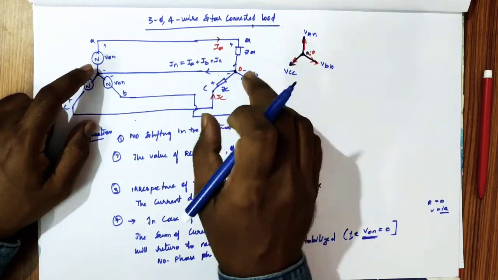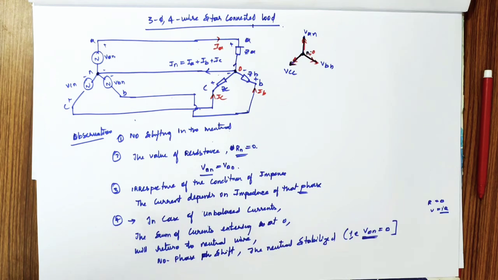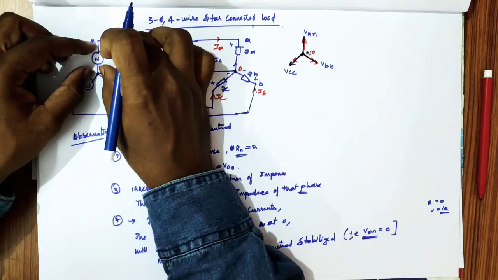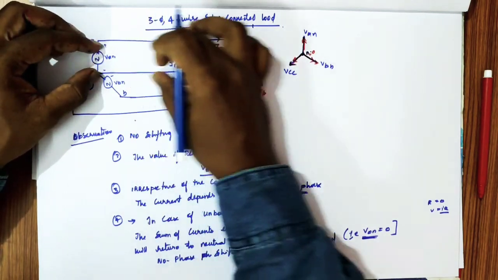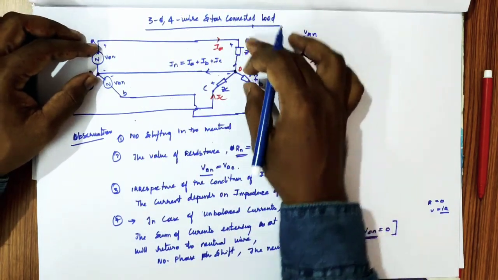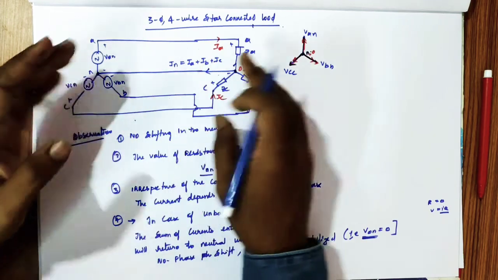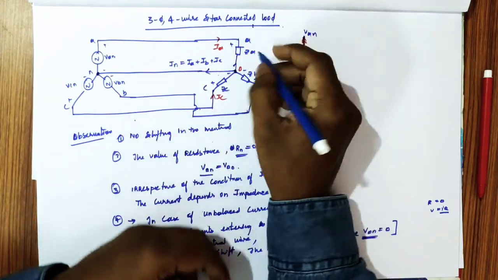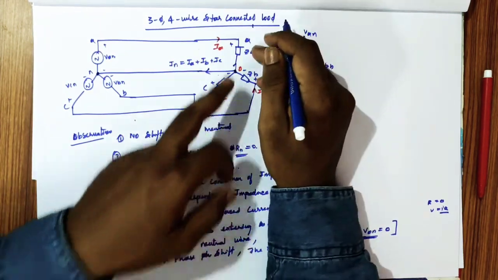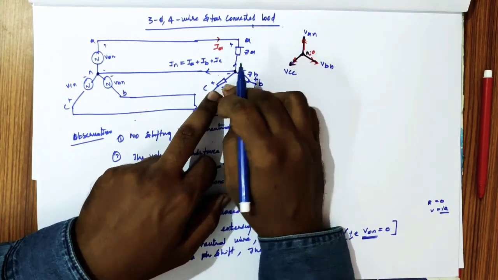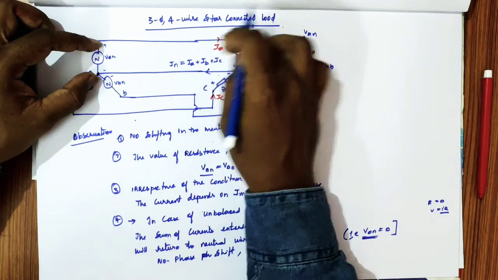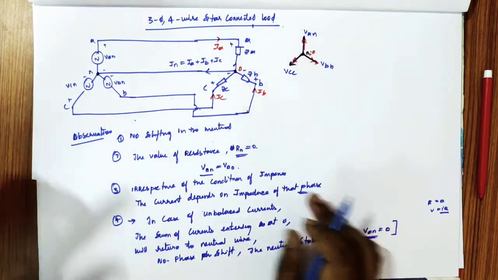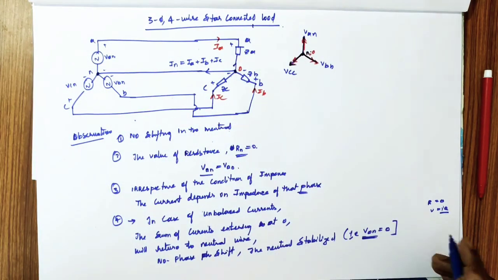This is the concept we use in our households. Your household supply is 440 volts line voltage, so we obtain a phase voltage of 220 volts, and with a stabilized neutral, we have a constant supply of voltage whatever loads you use. This is one household, this is one household, this is one household. Irrespective of the loads you use, since the phase voltages are equal, the line currents will flow. We have the stabilizing neutral. This is the whole concept.